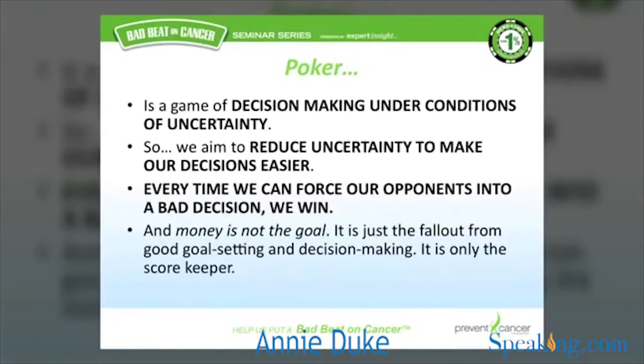Okay? So once we understand what the problem is, then we can come up with our real purpose at the table. And it's not to win money, it's to reduce uncertainty. Because if you reduce uncertainty, if you put yourself in a position where things are more clear to you than your opponents, then you can force your opponents to make bad decisions, and you'll be making good decisions, and guess what? You're going to win. And it turns out that in poker, the score is money. Right? So you're just going for a good score. But the way you get to a good score is this, because frankly, I could be playing for matchsticks or pride or whatever it is.